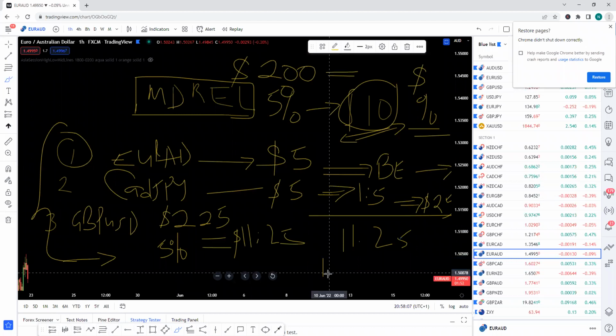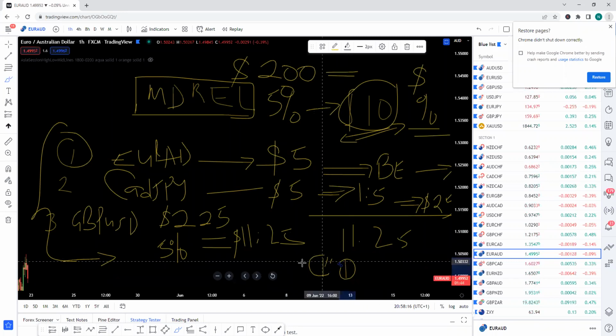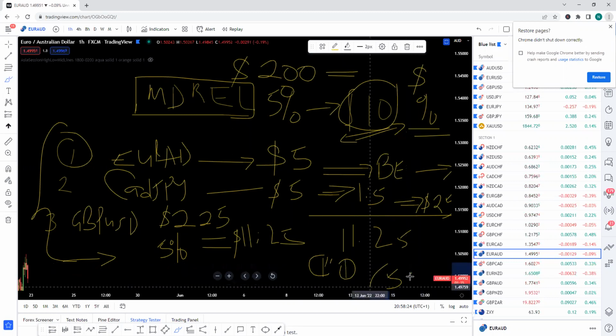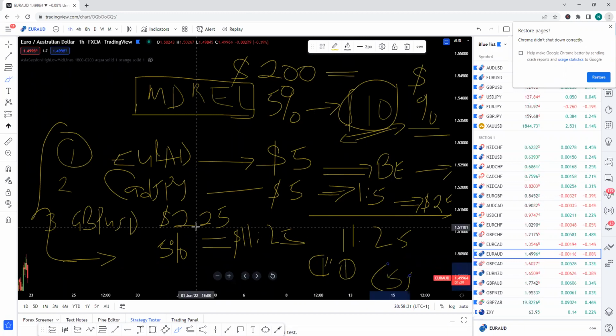Maybe the first trade you take, guys, you lose by 1:1. That is, you risk 1, you lost 1. So what did you risk? 11.25 divided by 2, that is let's say $5. That's what you have lost now. What are you going to do, guys? You minus $5 from your $225, guys. So the answer is going to be